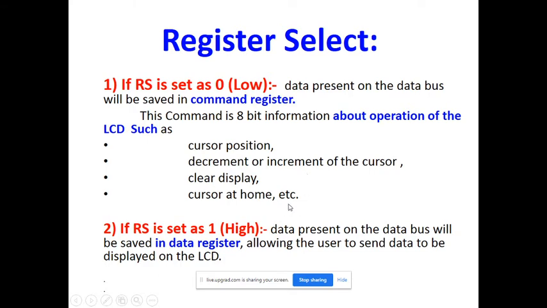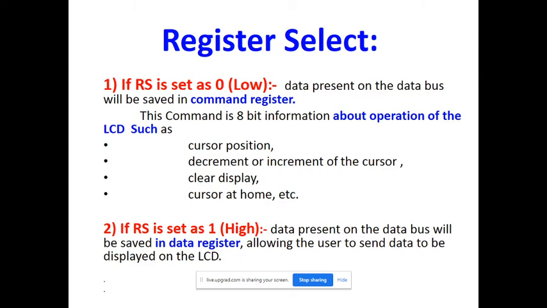Similarly, suppose you want to display some message on the screen. For example, I want to display PCCOE ENTC on the LCD screen. In that situation, if some previous information or messages are already there and you add a new message, PCCOE ENTC, it gets overwritten. The previous one is also visible and your new message is also visible, so some garbage values are displayed on the LCD screen.